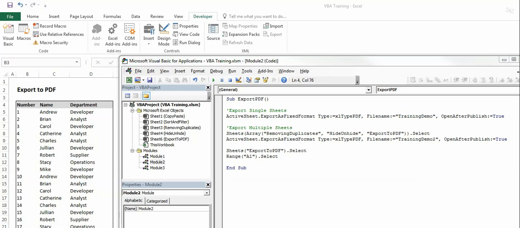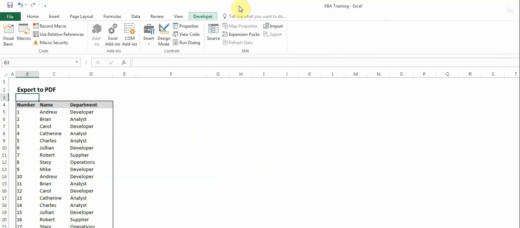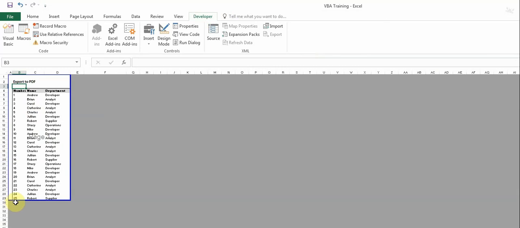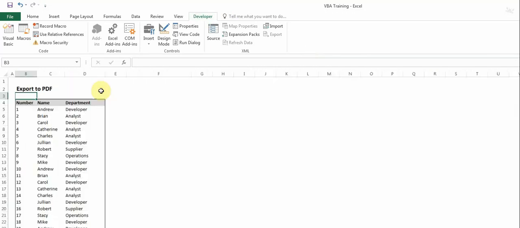So on my screen, you see the table which we are going to export, column B, C, D, right? And on the right hand side of my screen, you see the VB editor where I have already written code for you guys. So how this PDF functionality works is basically it will export whatever is selected in your print area. So I'll just show you the print area for this. Right, so this is still 25 numbers are here. Okay,